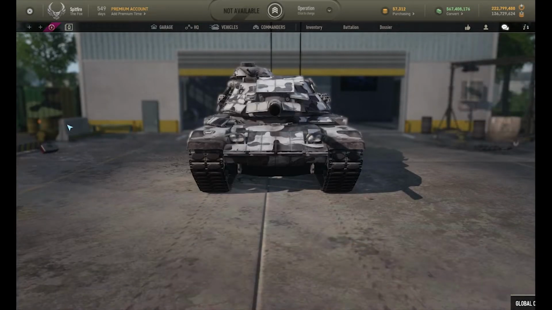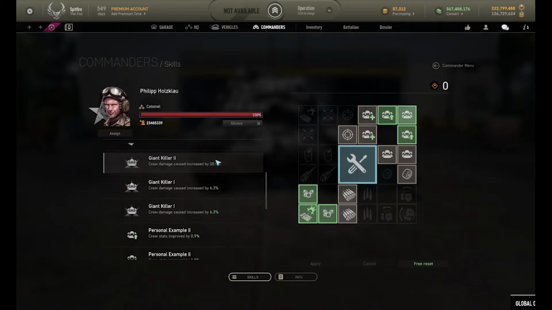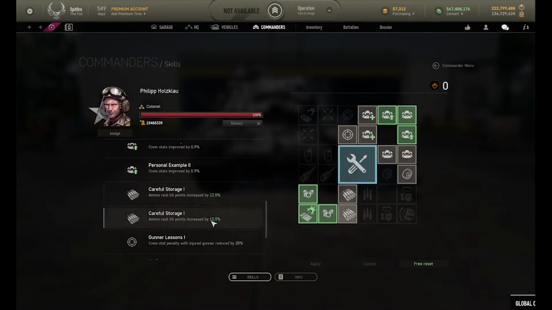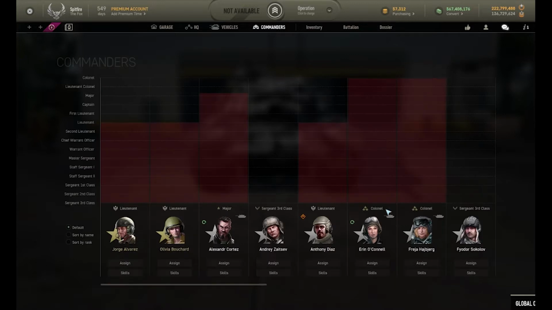Commander-wise, I would usually go for Philip, who gives you a bunch of crew bonuses here: module damage, repair speed, crew damage, crew stats increase, and some Armor points as well, and finally crew resilience. He's basically an overall buff to your vehicle, but if you do have other commanders, you could always use